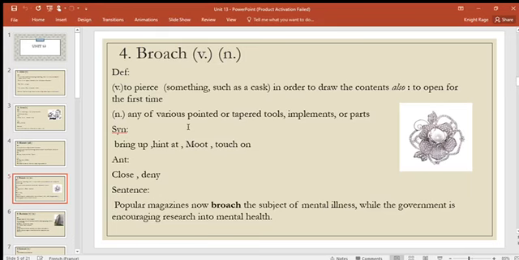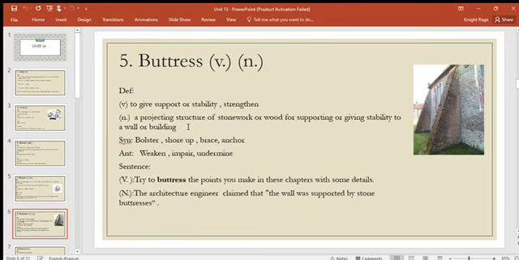Fifth word, buttress. Buttress. It can be used as a verb and as a noun. The definition of the verb: to give support or stability or to strengthen something. For example, bolster or shore up. Antonym: to weaken. As a noun, a projecting structure of stonework or wood for supporting or giving stability to a wall or building,